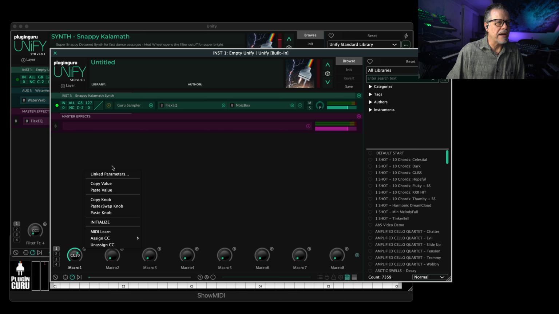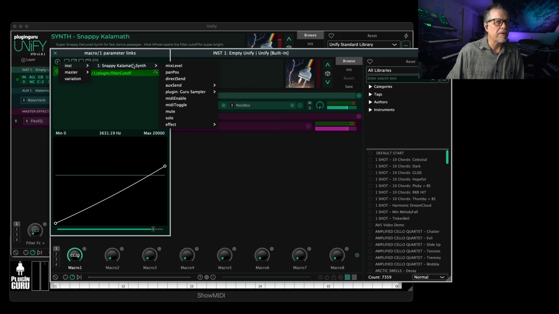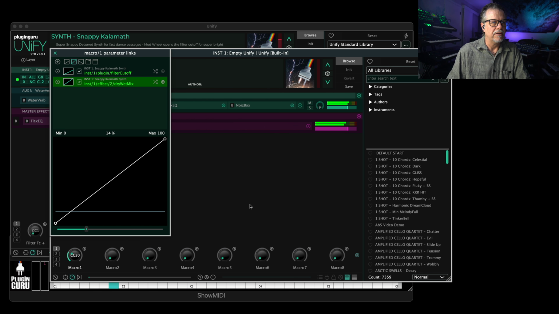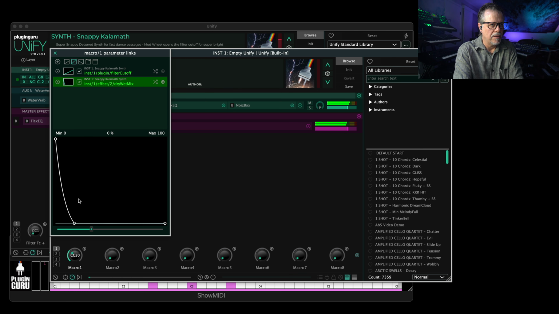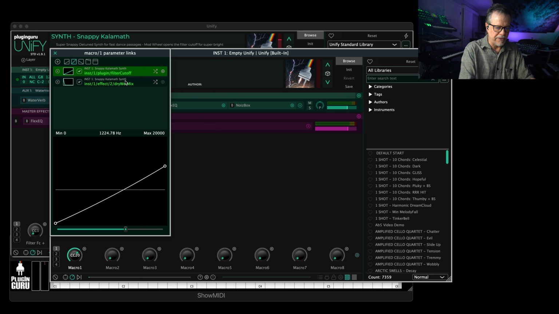So if I go over here and I go linked parameters again, and I go over to the plus, instrument 1, effect. We're going to a totally different effect, to noise box, to the wet dry mix. We can invert it. It could be a totally different parameter set than this filter cutoff up here that's doing a nice sweep. Isn't